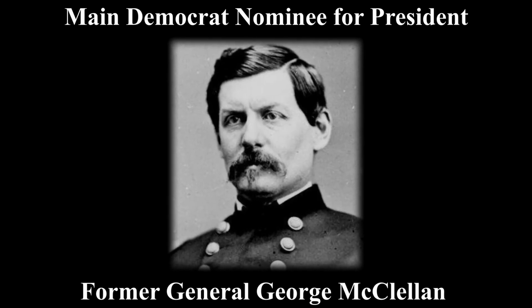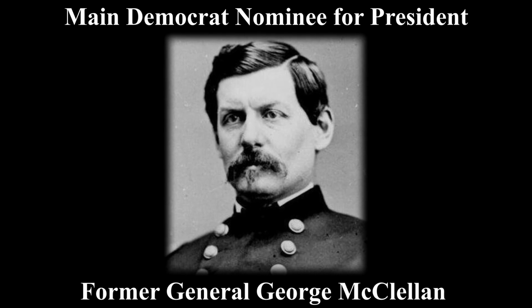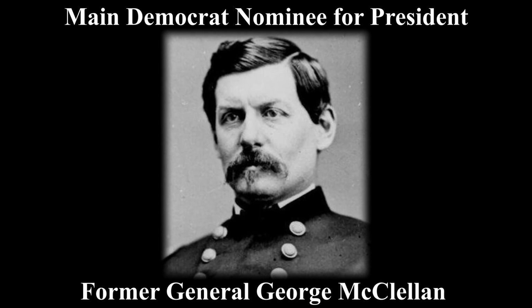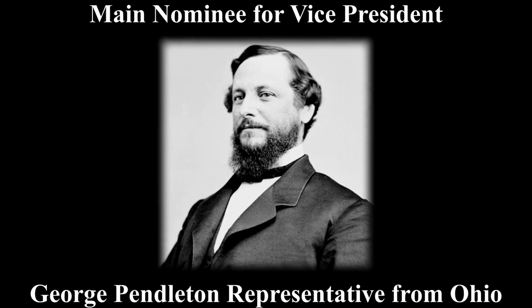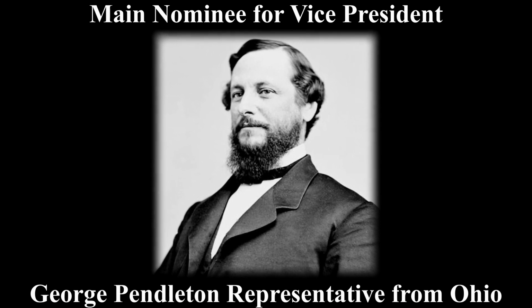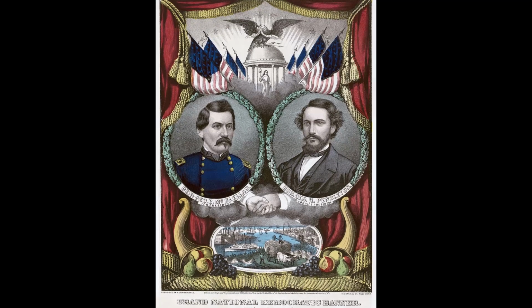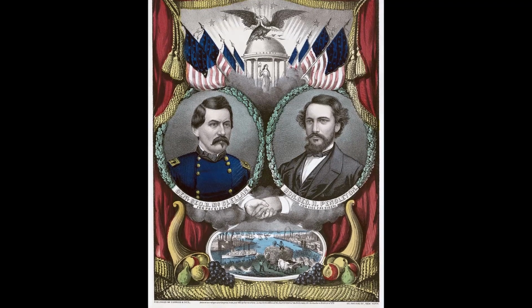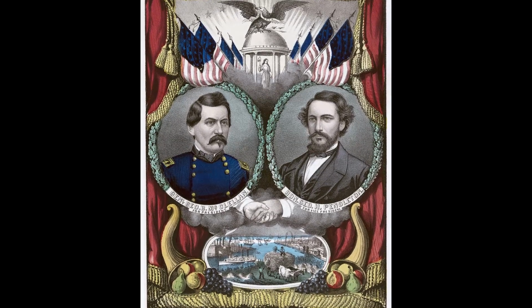while the Democrats' main nominee for president was George McClellan, general whom Lincoln had fired after Antietam, while George Pendleton, a representative from Ohio, became his running mate. The Democrats nominated this ticket with the hope that there would be a spoiler candidate for Lincoln,